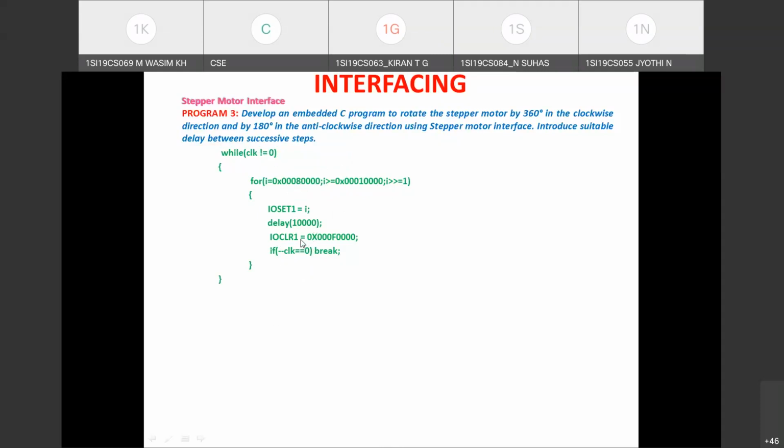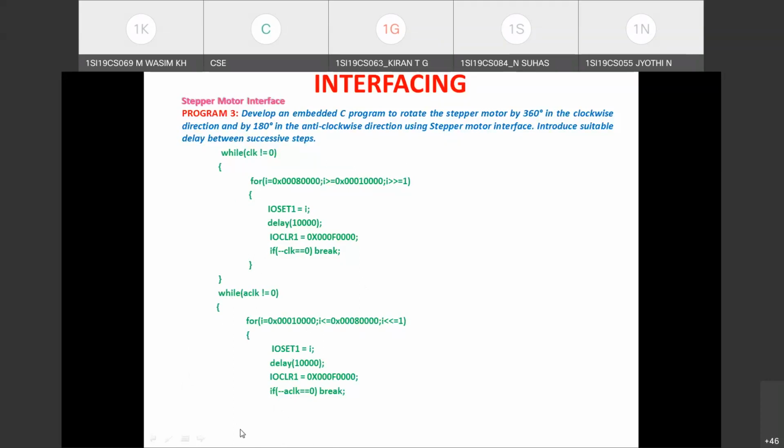So once clock takes the value 0, control comes outside the inner for loop, and the outer while loop will also be terminated once clock becomes 0. Repeat the same nested loop for anti-clockwise rotation. So what is the while loop? You are going to write while anti-clock counter is not equal to 0. You know the for loop header to be written for anti-clockwise rotation. Same statements: decrement the anti-clock counter and then check if it is 0, then we'll break the inner loop. If it is, then we'll also break the outer while loop.